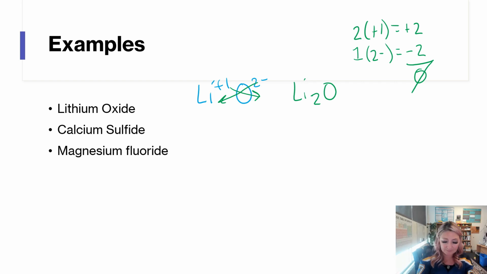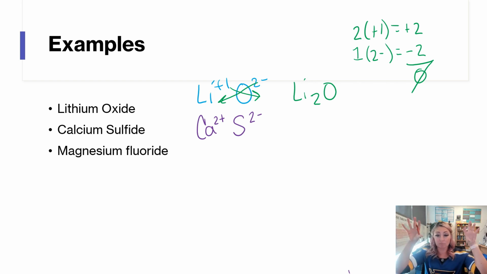Calcium sulfide. Looking at my periodic table, calcium is Ca. It is a group 2A representative metal, +2 charge. And sulfide is sulfur, also has a -2 charge. Now that we've written the symbol with the charge, we're going to drop and swap. So we wind up with